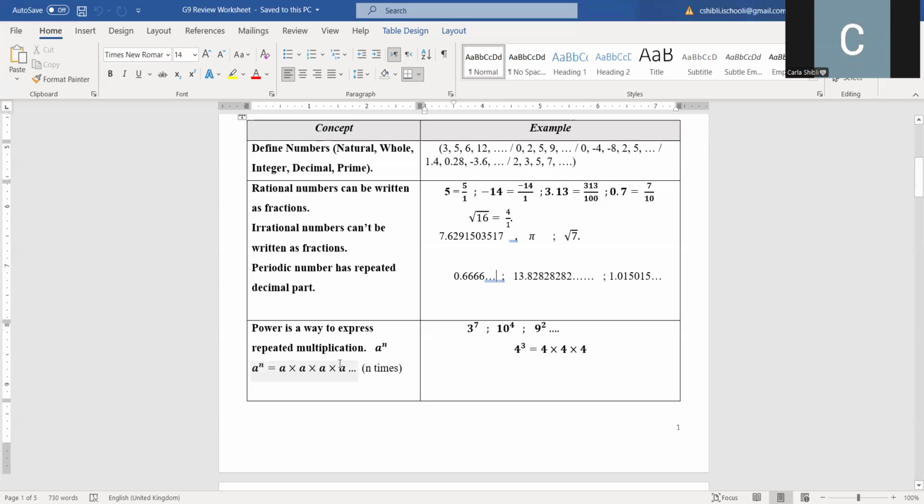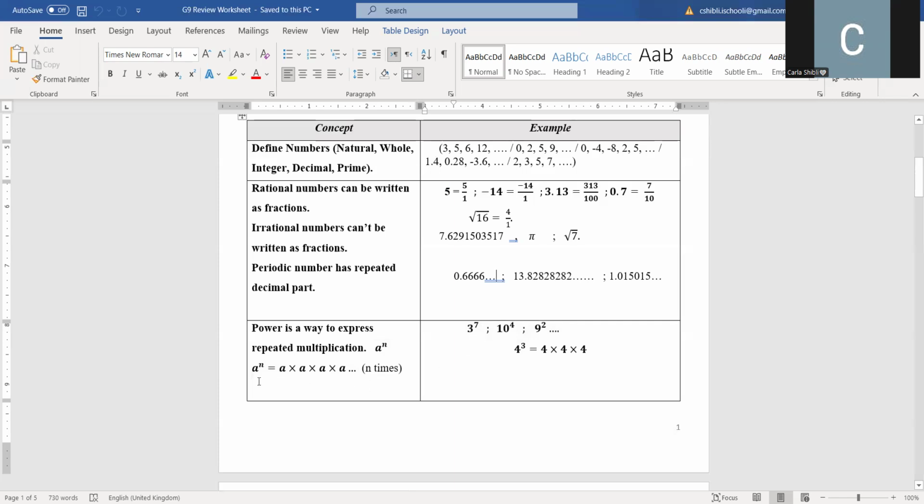Now we move to the third concept, which talks about powers. What are powers in math? A power is a way to express repeated multiplication. Any number written as a power is written as a to the power n, where a is the base and n is the exponent. For example, 3 to the power 7, 10 to the power 4, 9 to the power 2, which is read